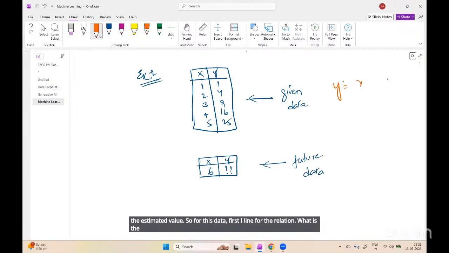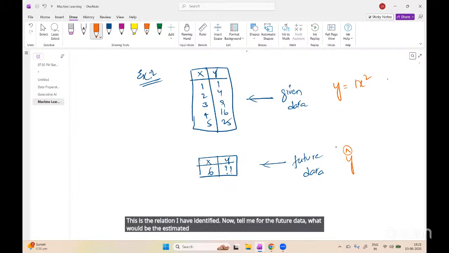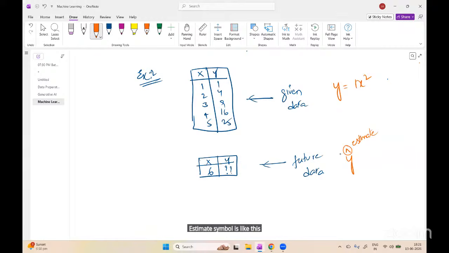Y is equal to 1x square. That is 1 into x squared. Every x value squared is y. This is the relation I have identified. Now tell me for the future data, what would be the estimated value? This is called as estimate. Estimate symbol is like this. This is actual. This is estimate. Now how we are going to estimate for the future data is y hat is equal to